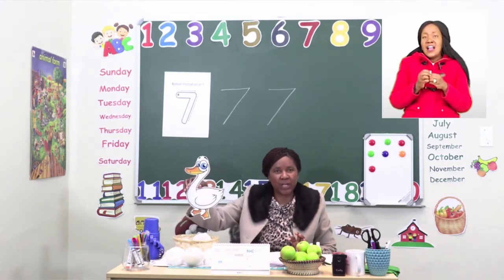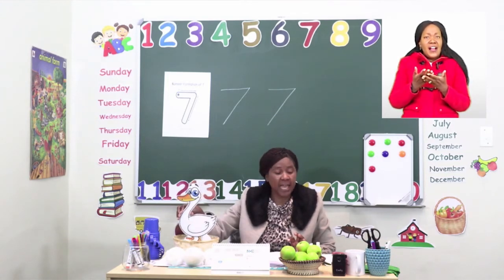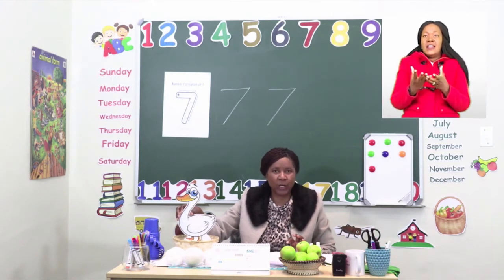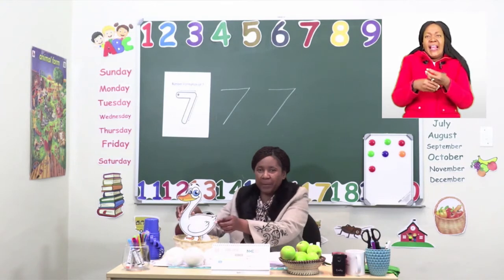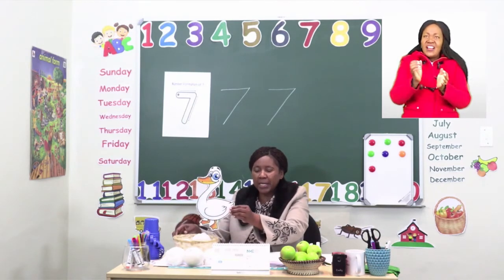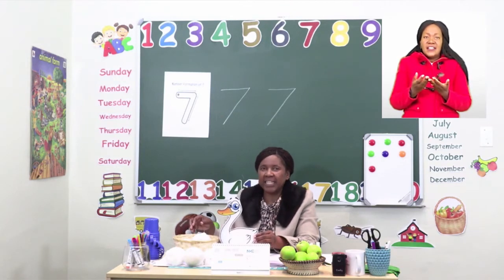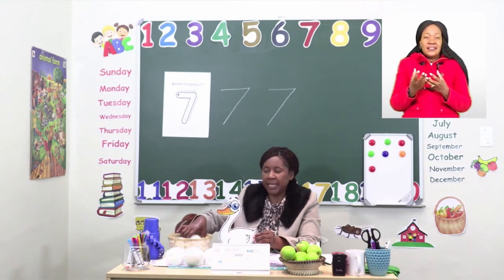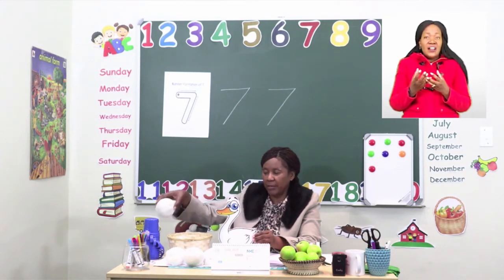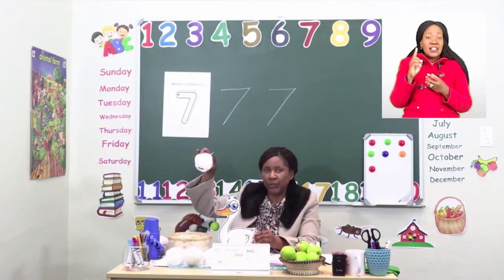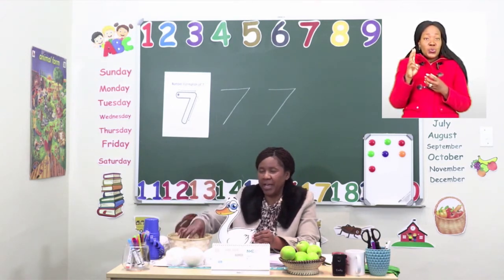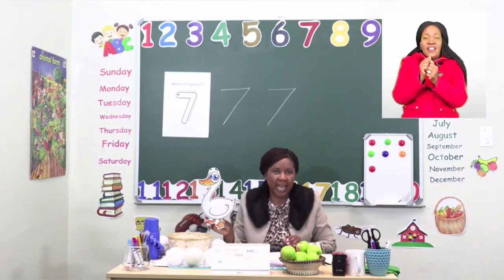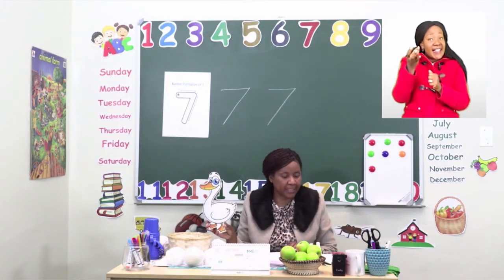But Mother Goose would like to lay 7 eggs altogether. How many more does she still have to lay? Now let's go back to the basket and find out how many more eggs Mother Goose still needs to lay in order to make 7. Let me see how many I have here. 1, 2, 3. So all together, Mother Goose has laid 7 eggs.